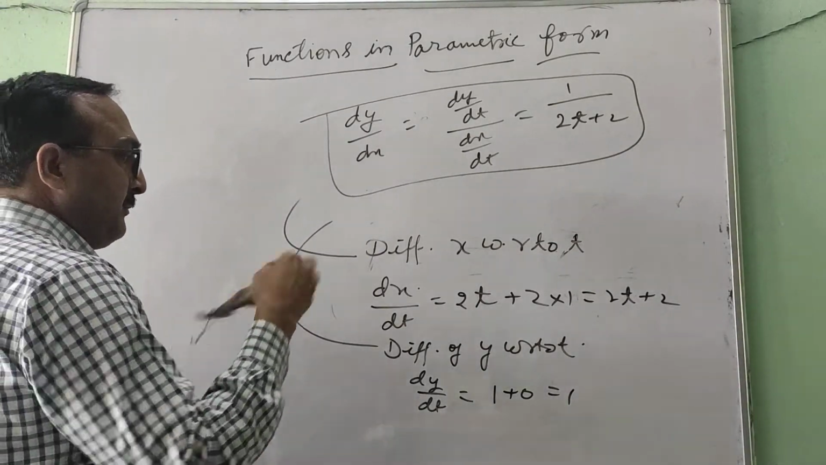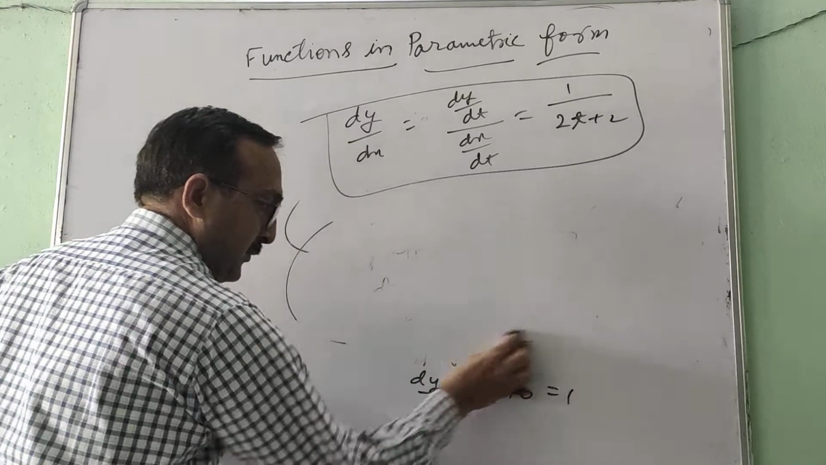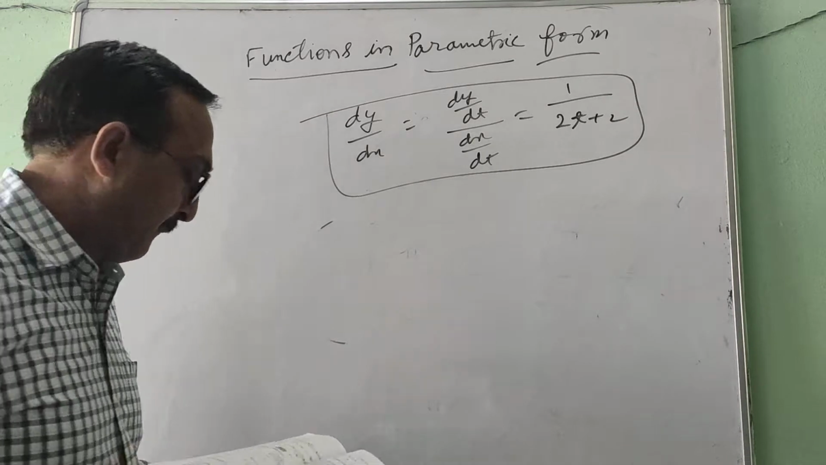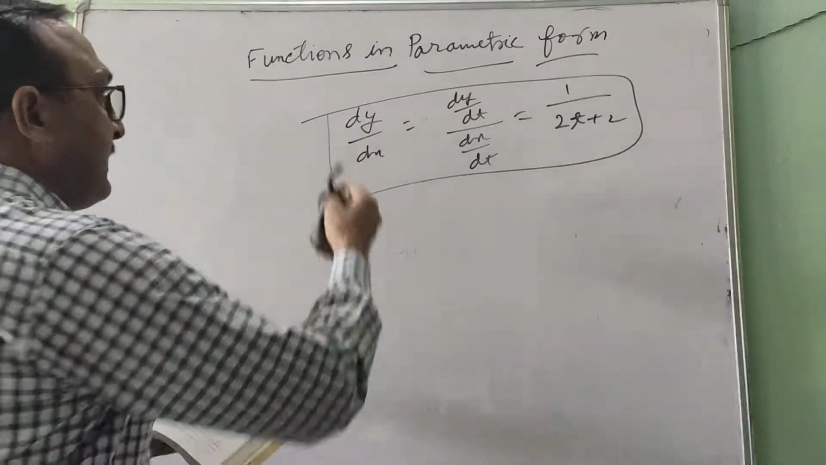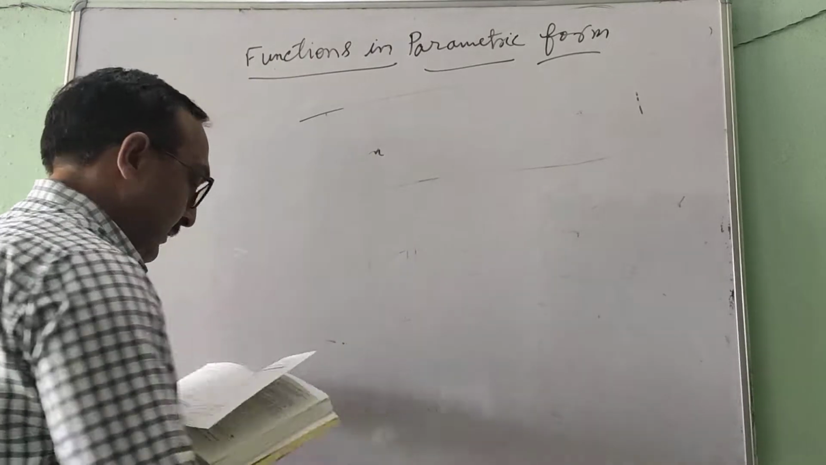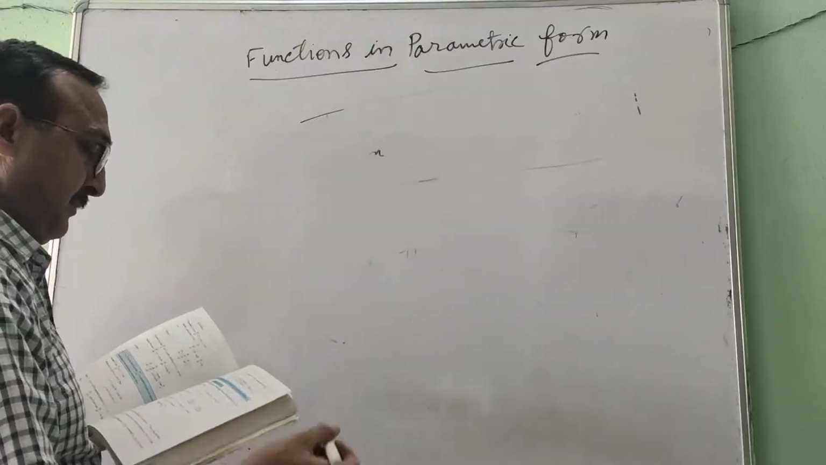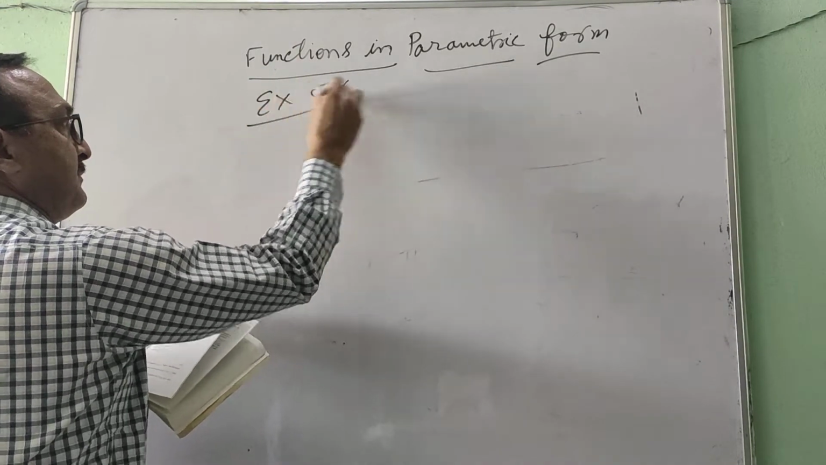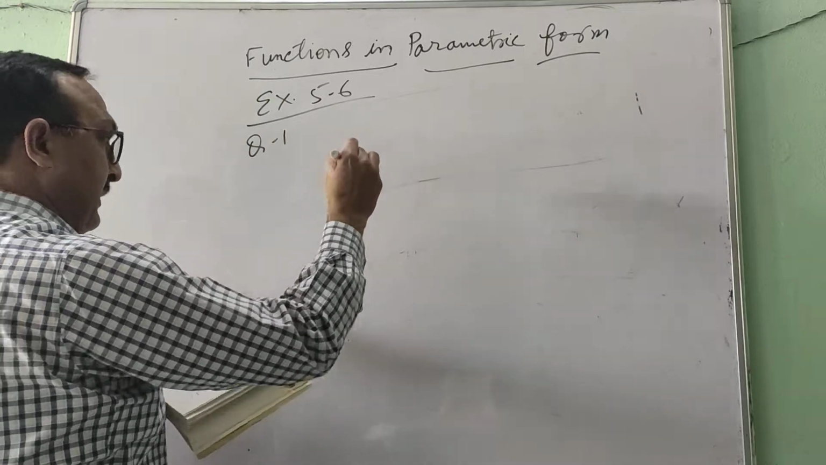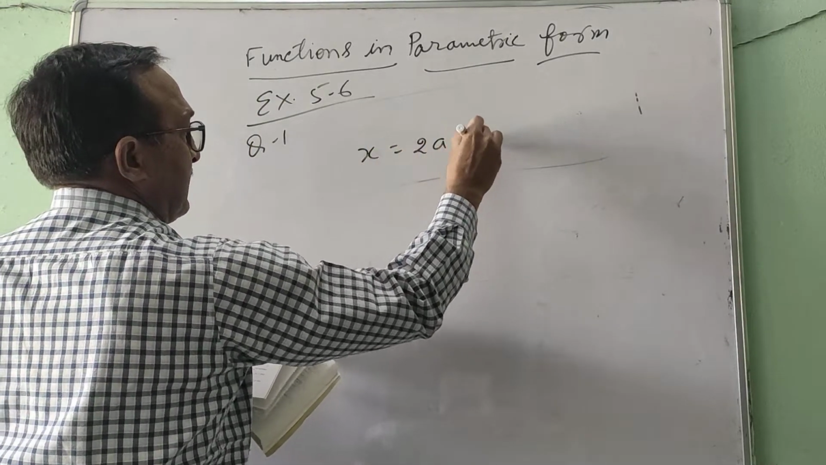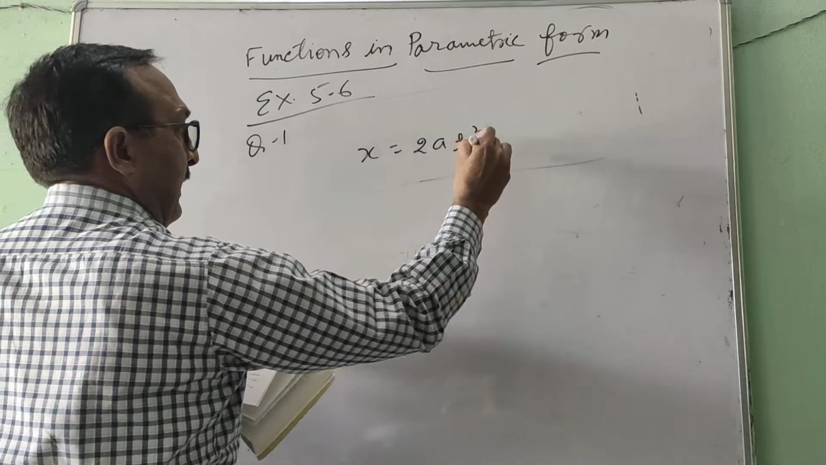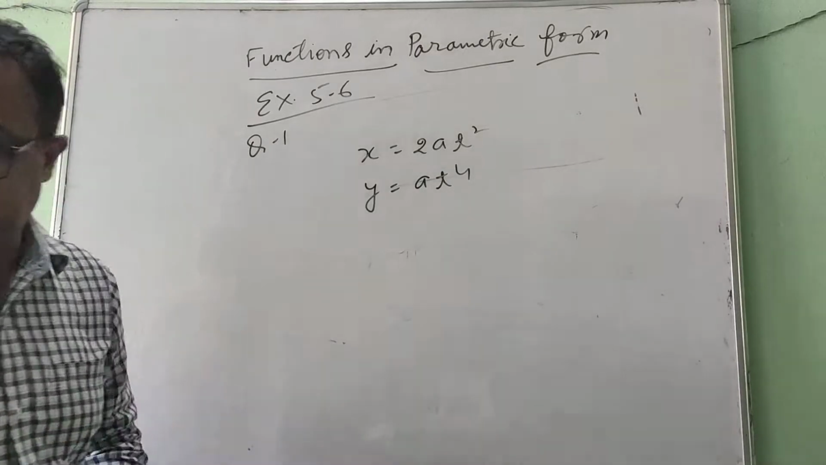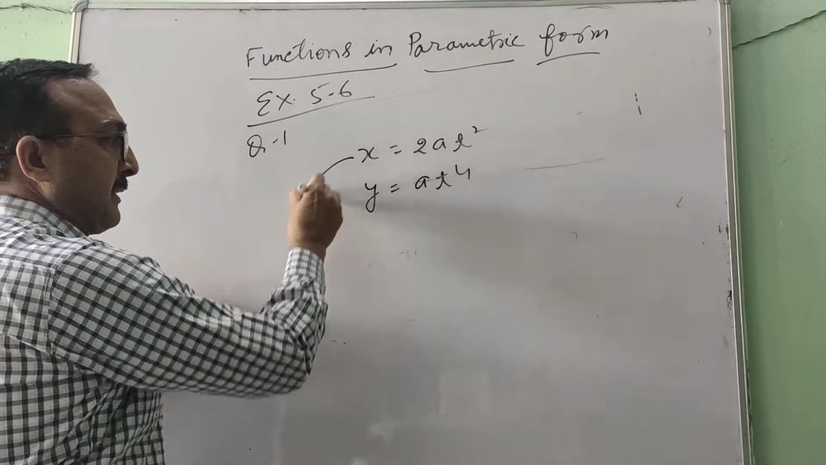I take one more problem from your NCERT book. Exercise 5.6, question number 1. x equal to 2at square and y equal to at4. And now we will find the differentiation